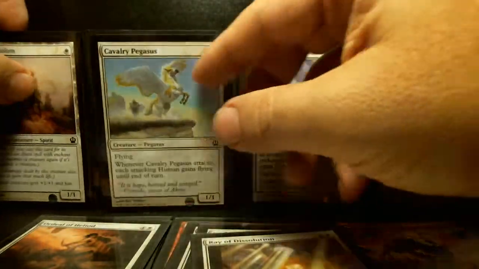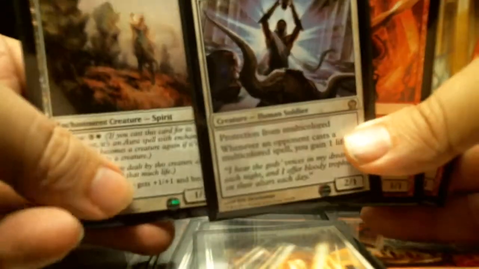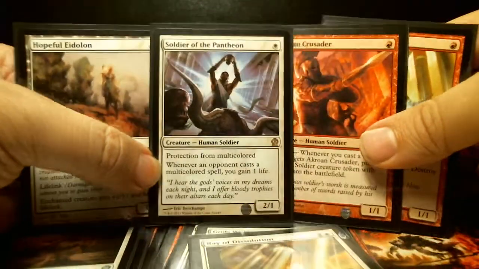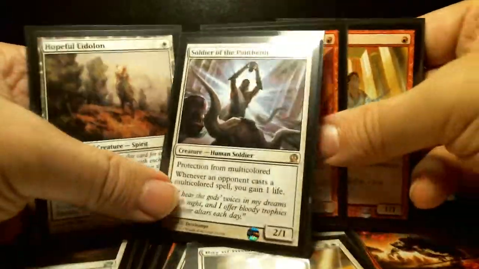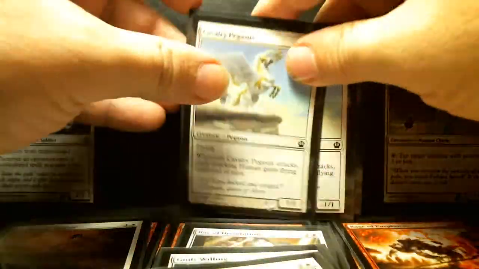Okay, so there you have it. So at the 1-drop level, I've got all of 4 creatures. That's pretty good. Sorry, I keep showing these to myself and not to the video. So these will all be a go. That's already 4. At the 2-drop,